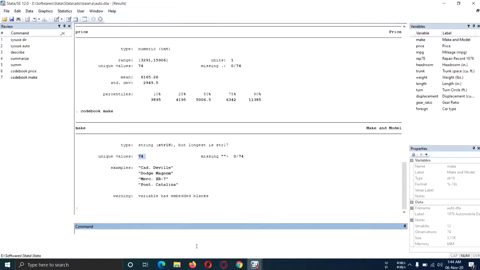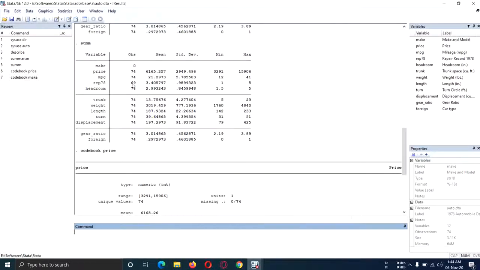After that we can look at another command. Let me show you that one. For example, if you want to see whether there are missing values in some variable, you can see those from summarize. You can see the price has 74 observations, but REP78 has 69 observations, so it has 5 missing observations.